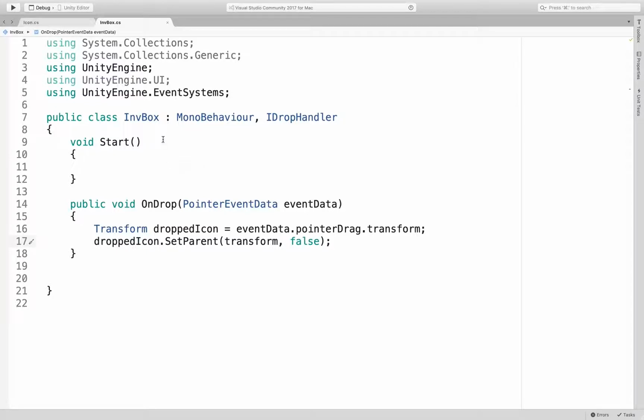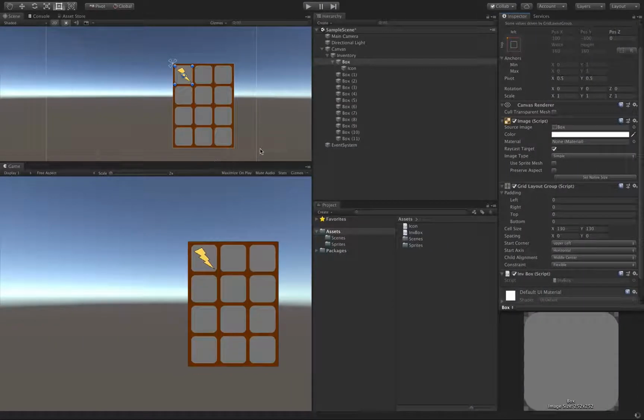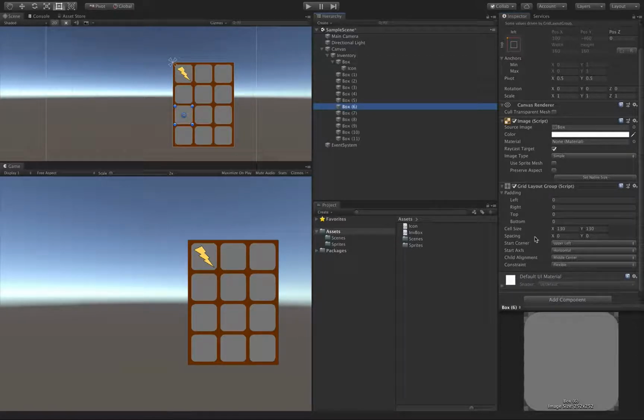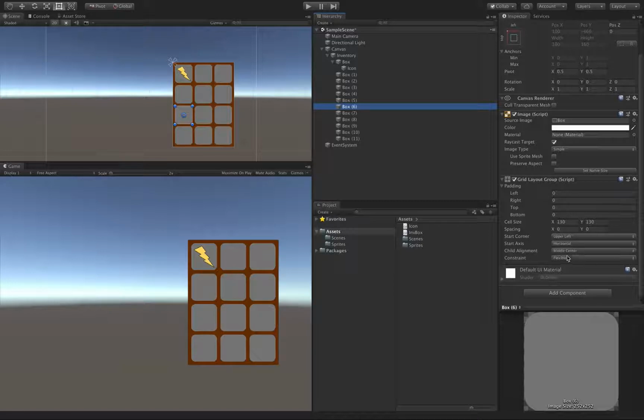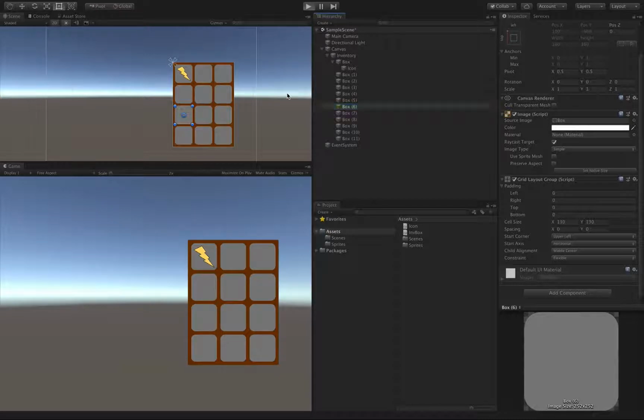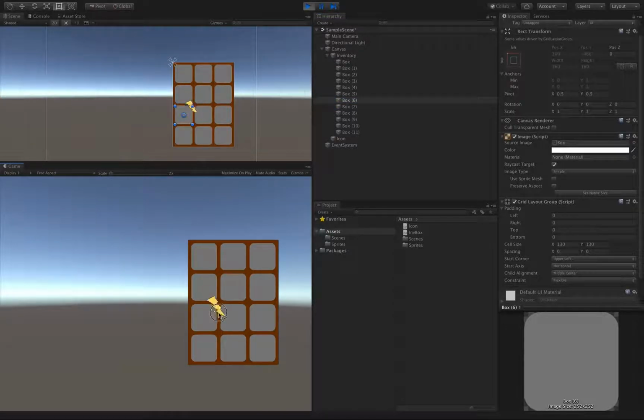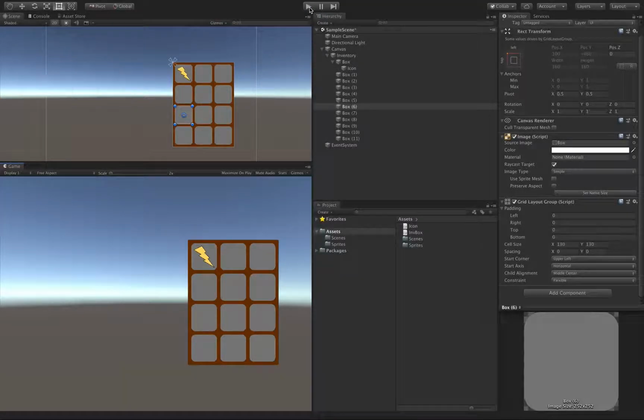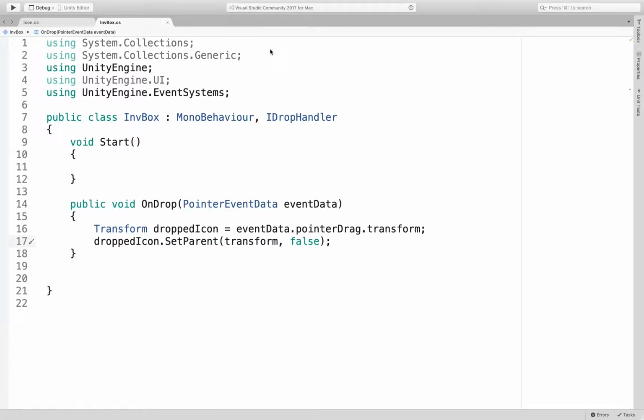parenting scheme. Let's remember that an inventory box, no matter which one it is, has this little grid layout group that is centering whatever its child is. So if I hit play now, I'm going to be close to successful, but I'm going to have 2 bugs. So it's not quite working. First bug